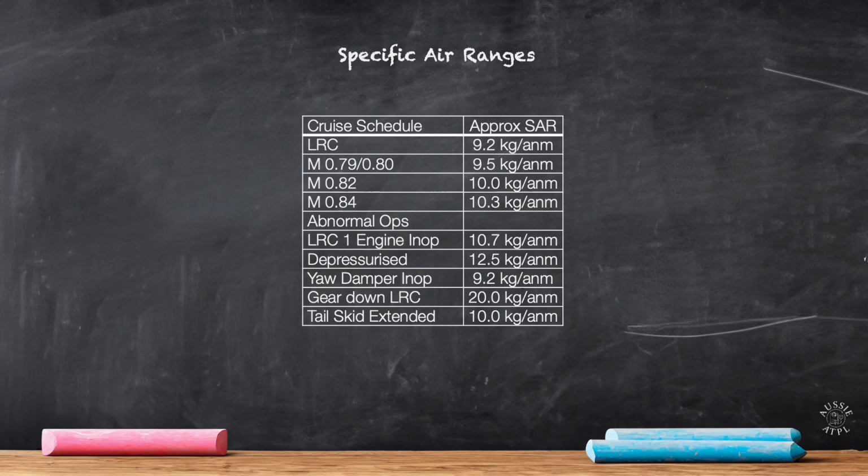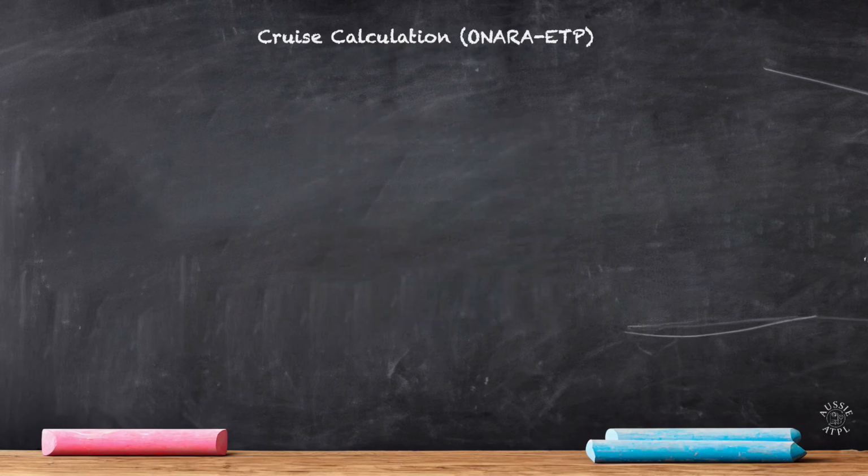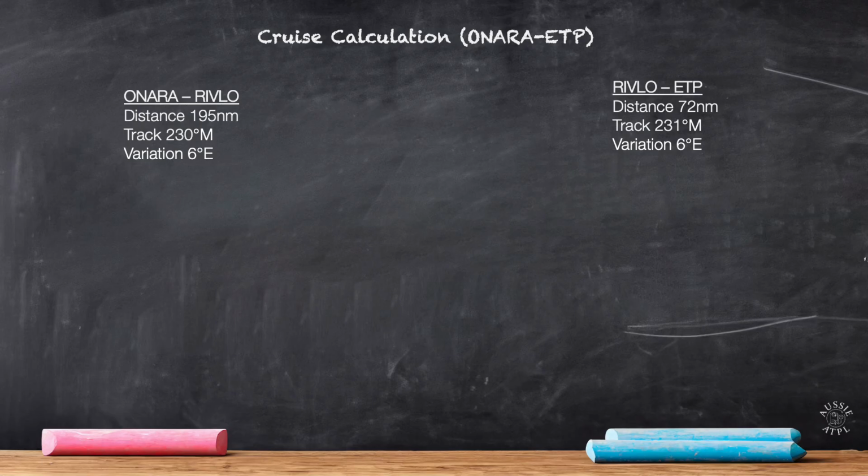the specific air range to get your estimated fuel flows. So the first segment that I'm going to take on is our cruise calculation between Onara and our equal time point. So we have two segments here, totaling a distance of 267 kilometers. Our first is Onara to Rivlo, and Rivlo to our equal time point, as the route sector wind temperature graph